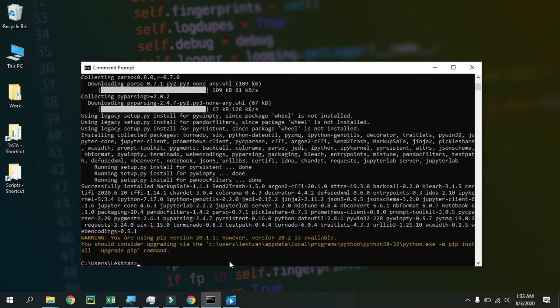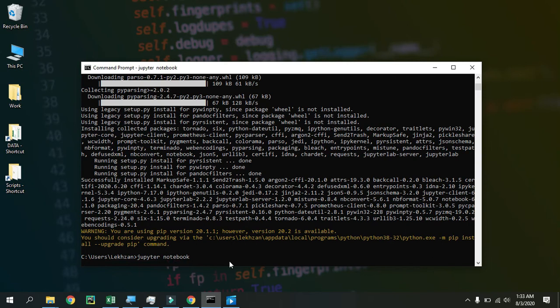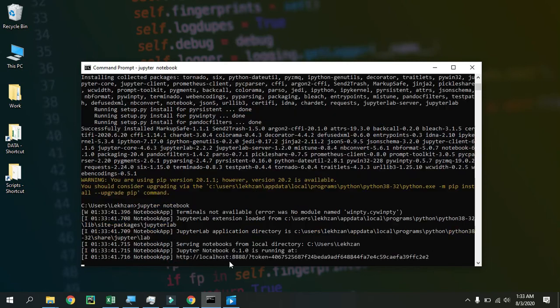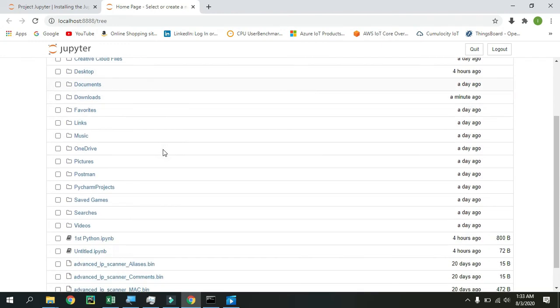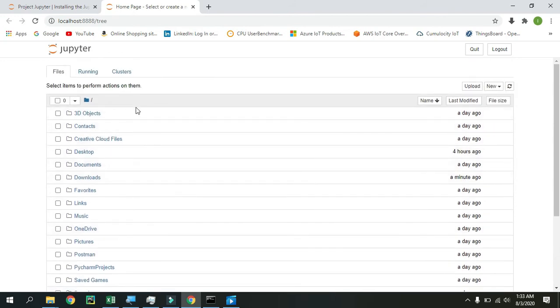Let me just open the Jupyter Notebook now. Click enter and yep. So a Jupyter Notebook has been opened up here, and one more interesting thing to notice here is this Jupyter Notebook is opened inside my user folder as of now with the name of Lexan.